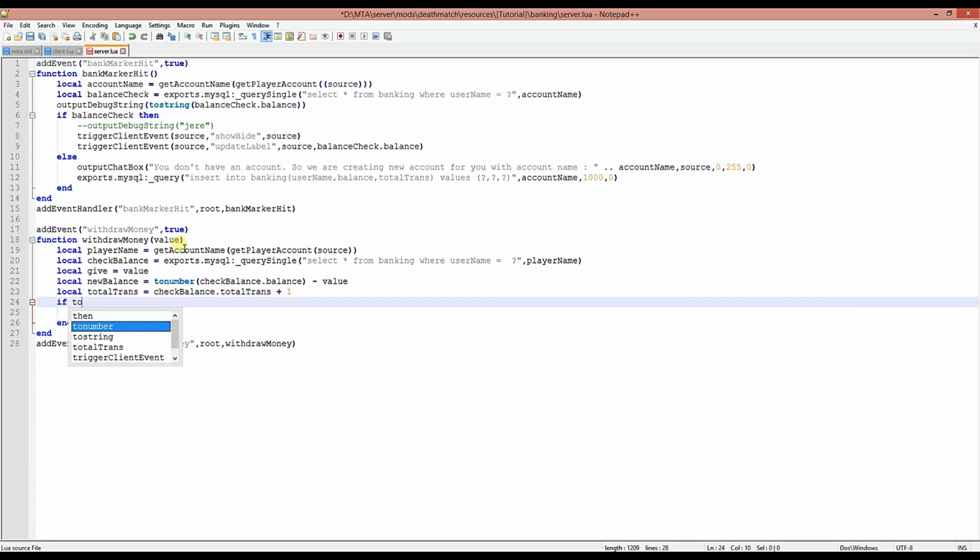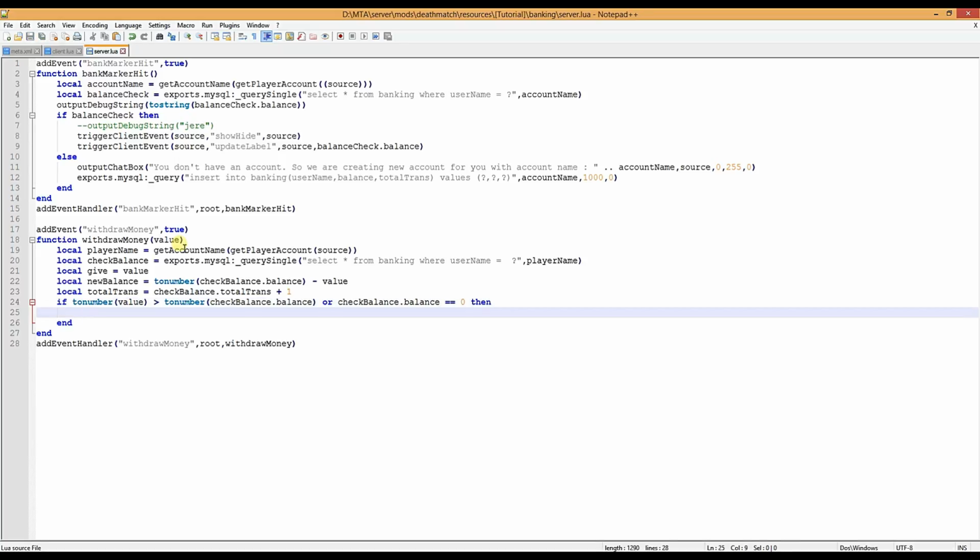If to number value is greater than to number check balance dot balance, or check balance dot balance is equal to 0, then output checkbox